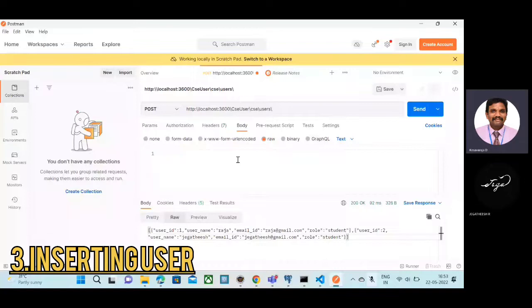Already we have copied the user 3, that is Kumar, with email ID kumar@gmail.com and role student. So I will paste it here and execute the same, send,